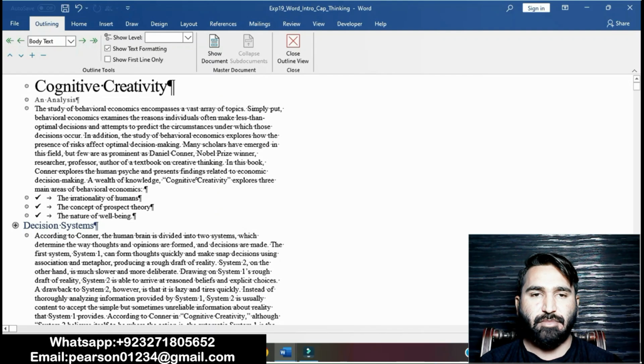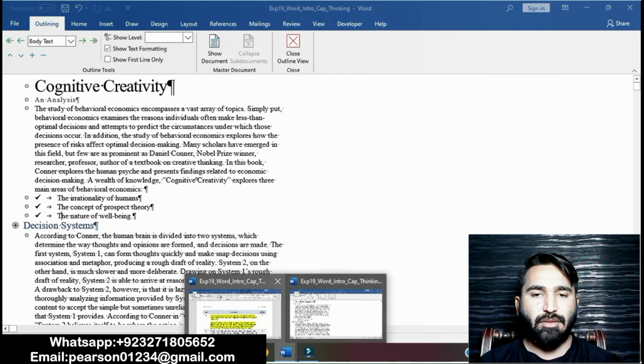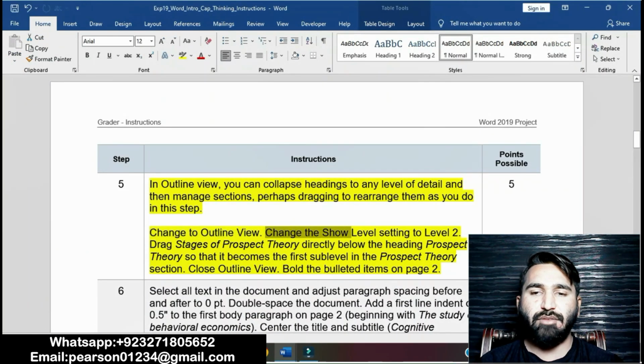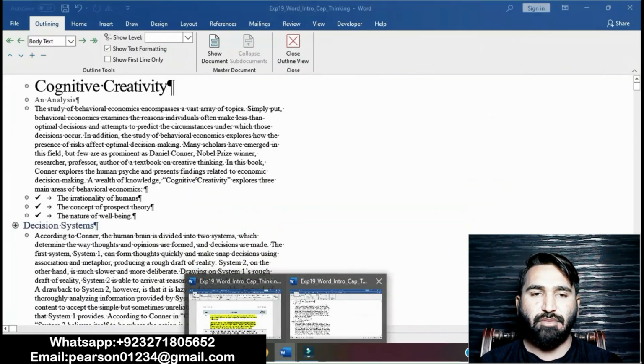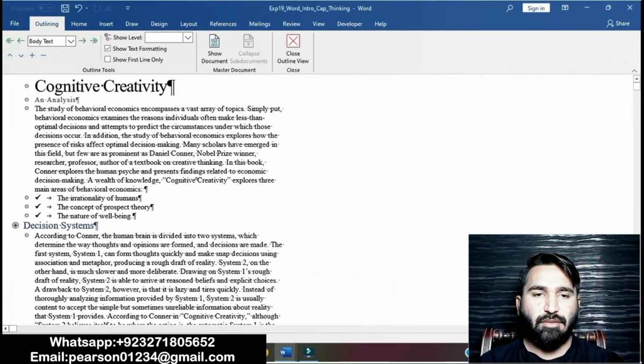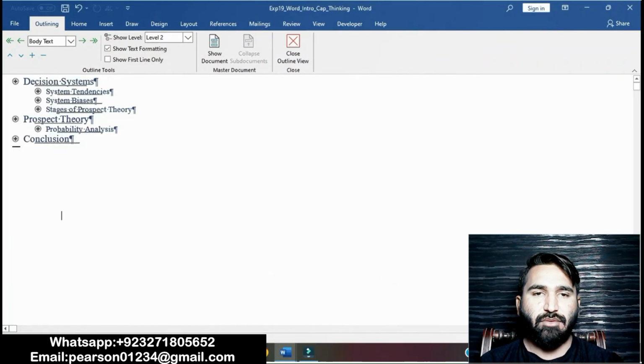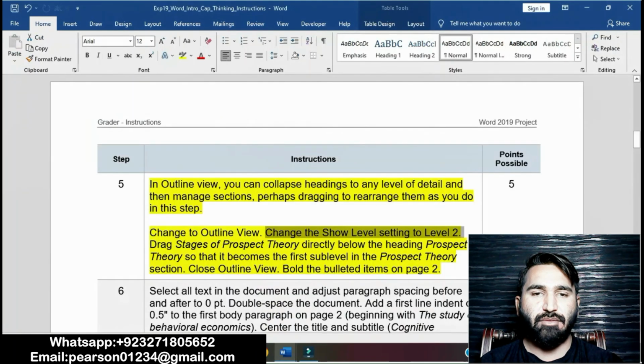Then change the show level setting to level 2. Okay, level 2. Outline and show level set to level 2.